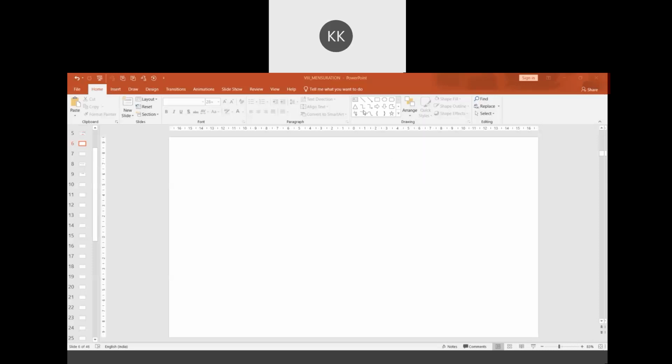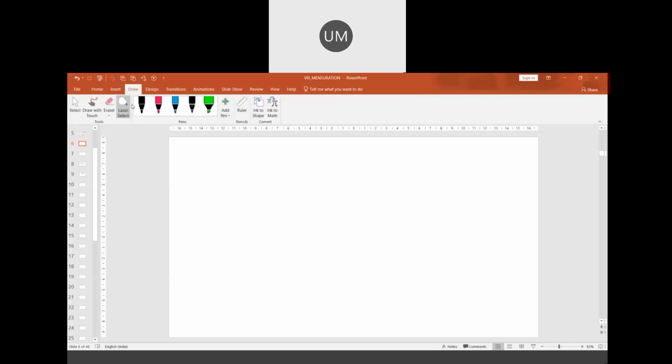You all have understood the area of trapezium? Yes, sir. What is area of trapezium? Height into sum of two parallel sides divided by 2. You have left this 1 by 2. 1 by 2 into h into sum of parallel sides. Yes, sir. You want me to tell once again the derivation part?